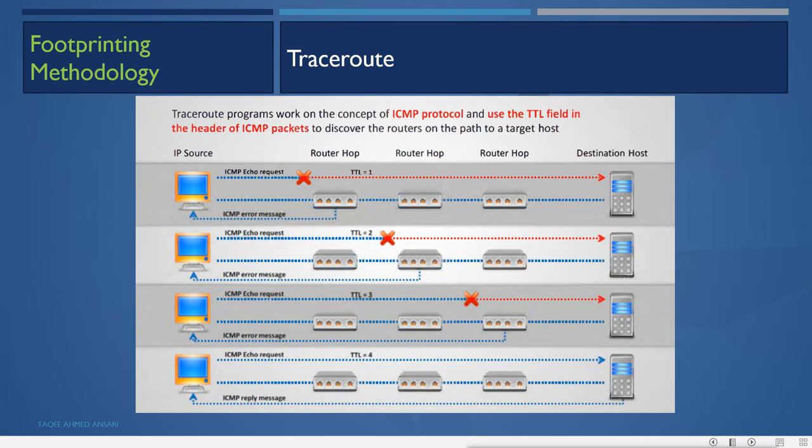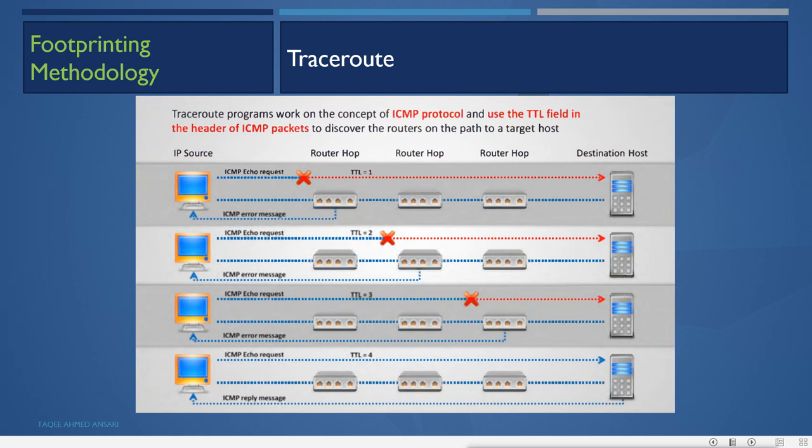So first you should understand how traceroute works. It is very simple. It sends the echo packets. We do this by using the ping command. When we use the ping command, what does ping do? It sends 4 echo packets by default when you do it on a Windows machine. It sends the 4 echo packets and waits for the response. Now if the destination machine is there, then it will get the reply, and if the machine is not there, you will not get the reply.